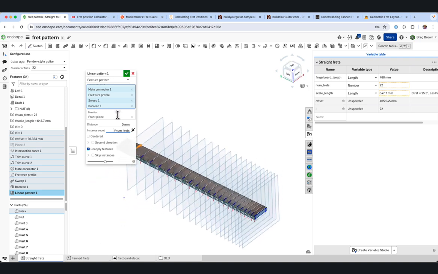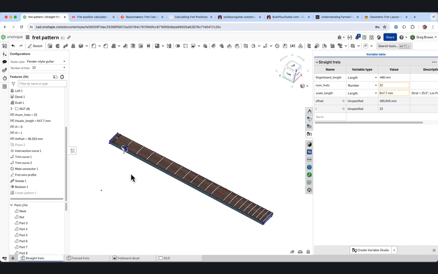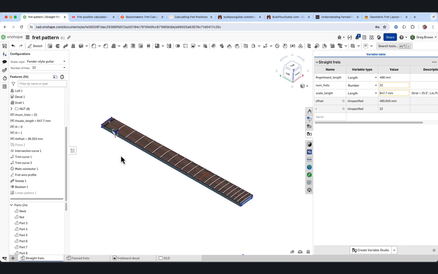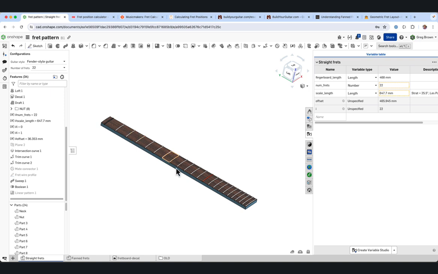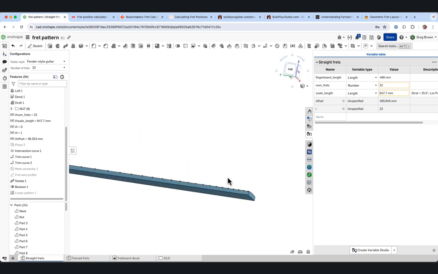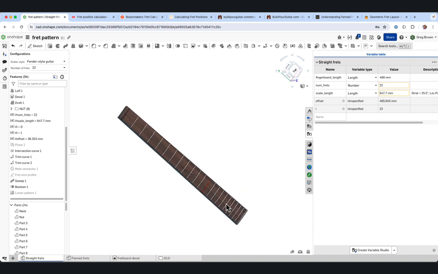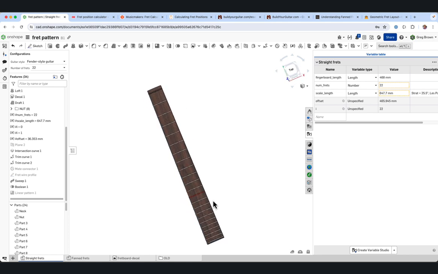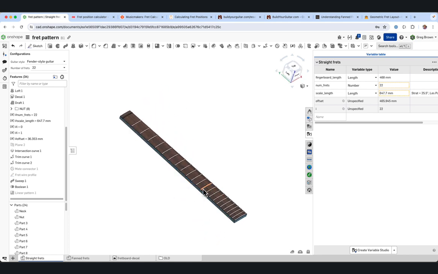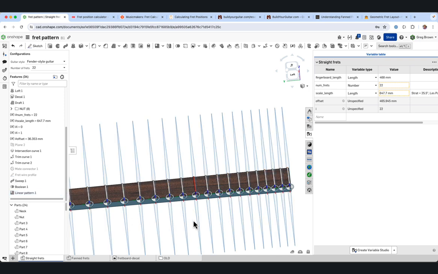That is it. All right, and if I hide the contents of the pattern, clean that up a little bit, we have what is basically most of our fretboard. Now, obviously, this is going to connect to something like a neck and the rest of the guitar, but this is the hard stuff done, surely. Was I going to say anything else about this? Oh, yeah. So, if you really want to check, you could bring back the